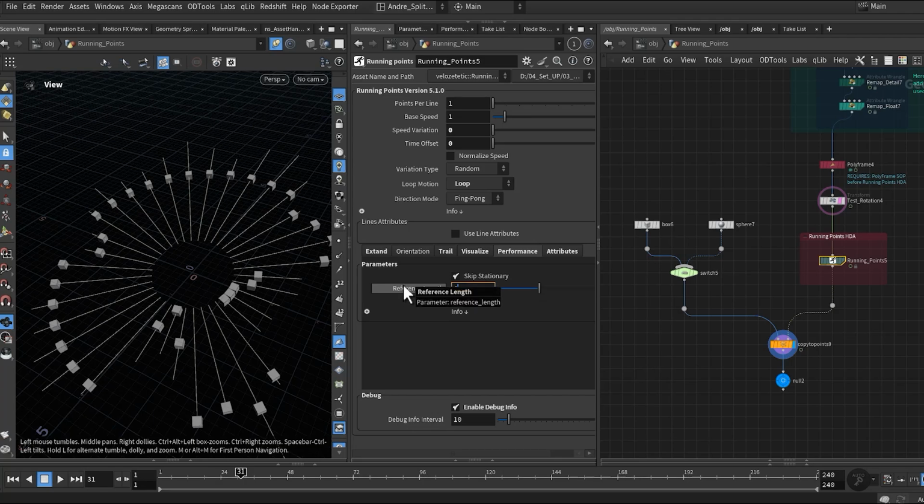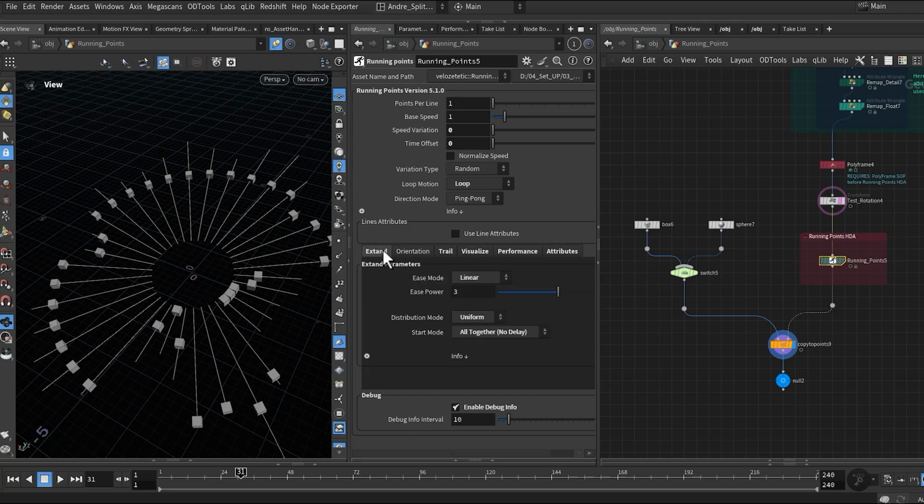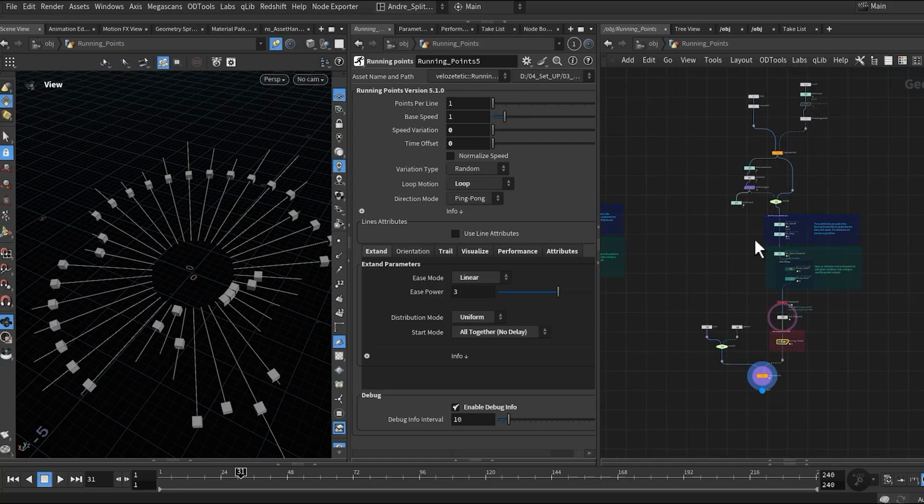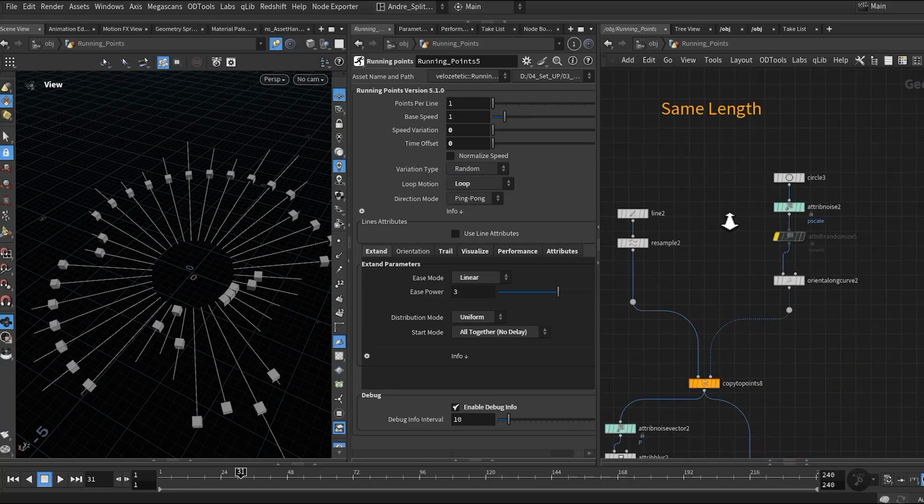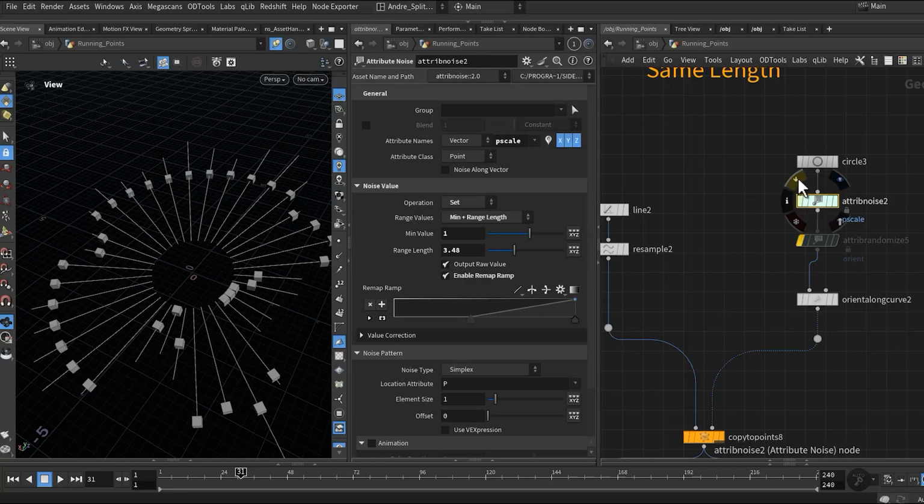You can enter this parameter here. Let's set back to their normal length.